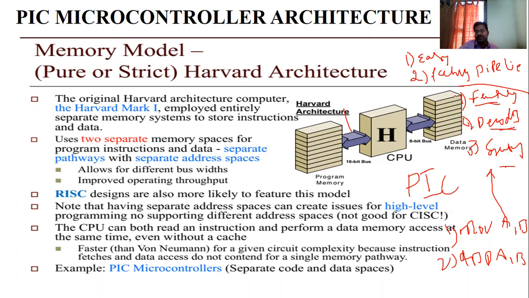Pipelining means it fetches the first instruction, then decodes it, then executes it. Before decoding as well as execution, it fetches the second instruction, in parallel. Then again, a third instruction before completion of the first instruction. It fetches the next instruction, but in sequence it is not done like that. Once the first instruction is executed completely, nothing but fetching, decoding, execution.